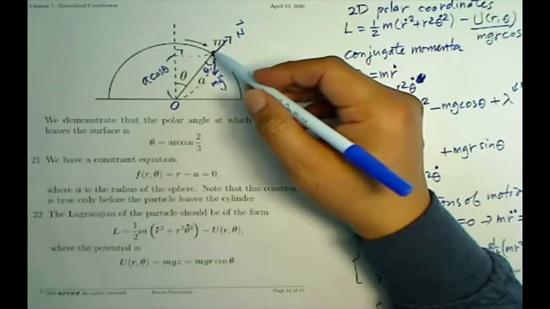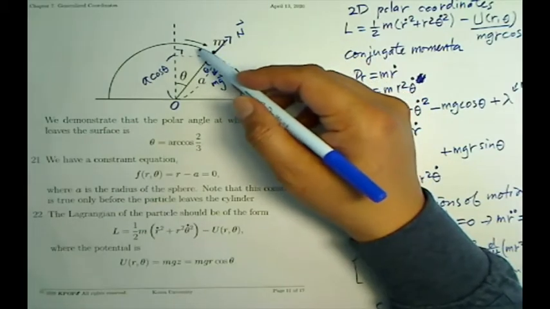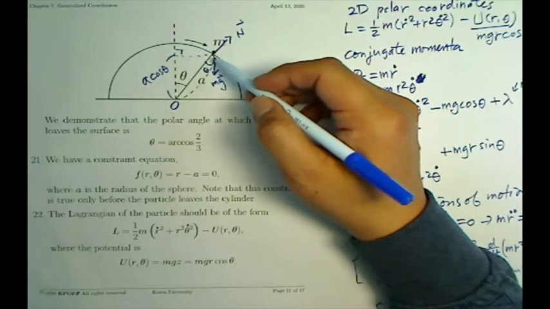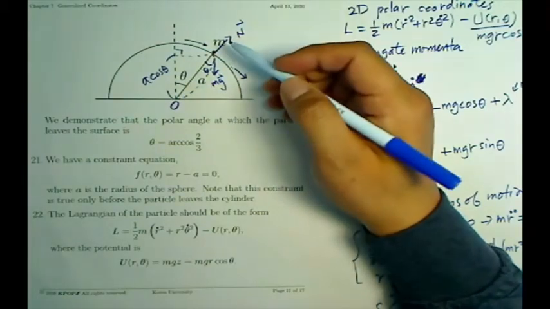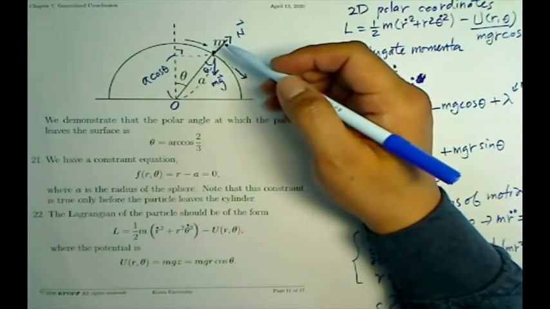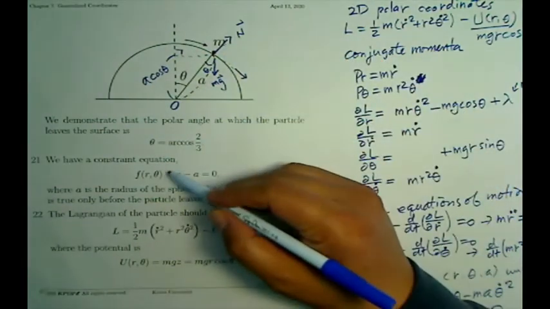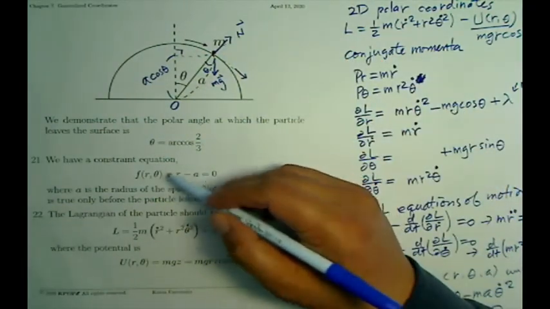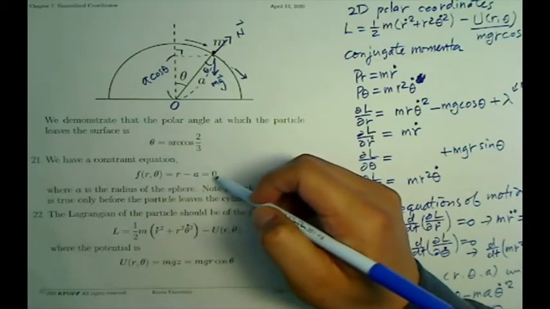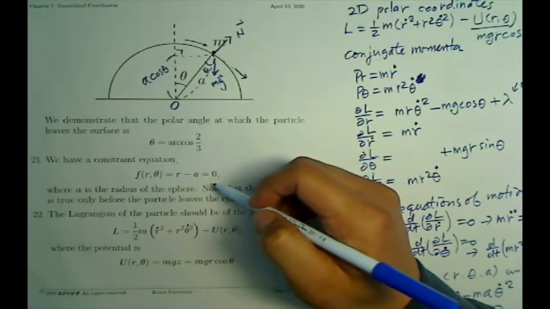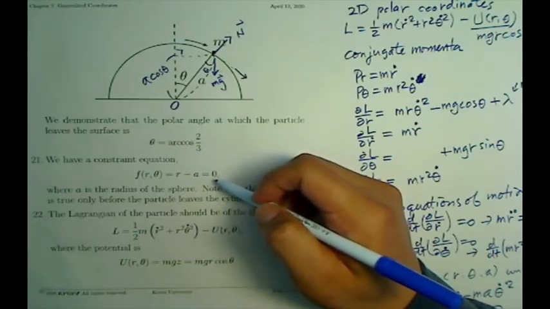The constraint is that the particle is sliding down on the surface of a cylinder of radius a, so there is a constraint, r equals a. That means r minus a equals 0,